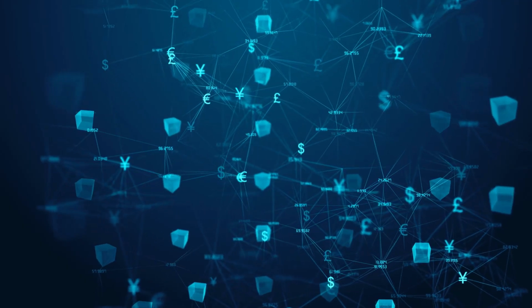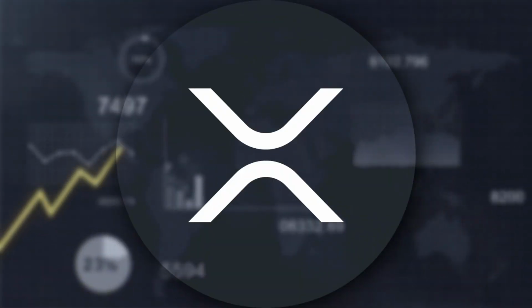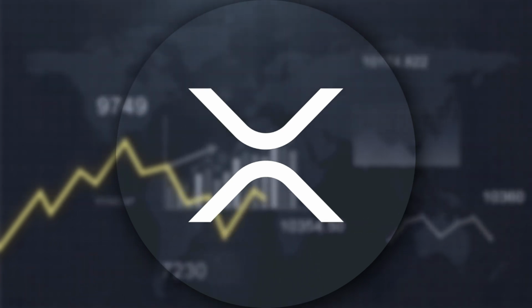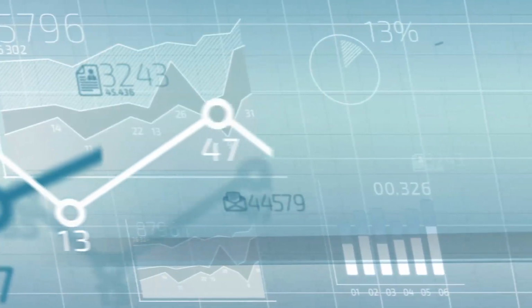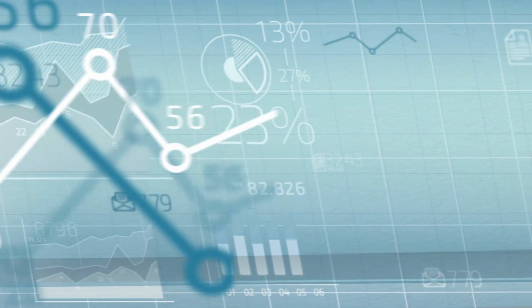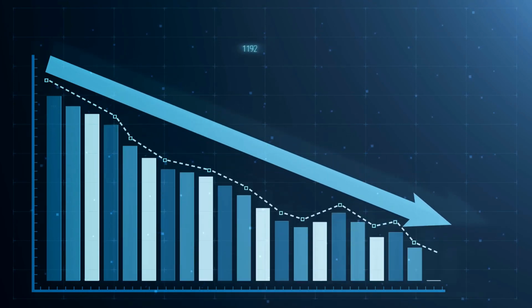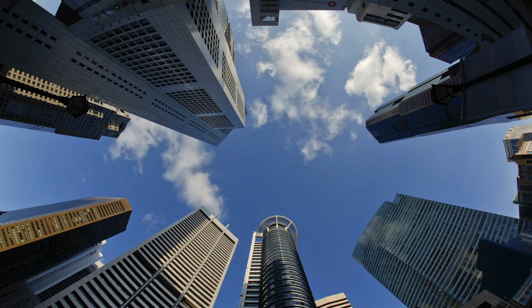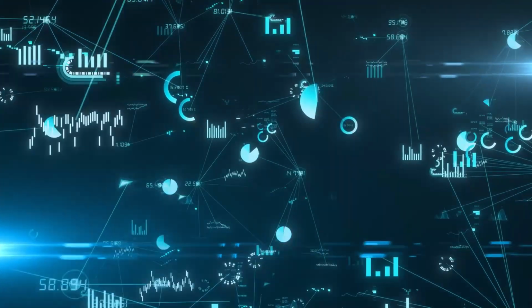It is not feasible to add new currencies to the system through mining or forging because the maximum number of XRP tokens, 1 billion coins, were issued at an early point of the protocol's life. This rendered it impossible for new coins to be created. There is no benefit for monitoring transactions because the commissions for making transfers are burned out in an irreversible manner, hence reducing the number of tokens that are currently in circulation. Since banks who use the protocol for mutual settlements have an interest in the stable operation of the system, it is typically the case that these banks are the ones who hold the node.